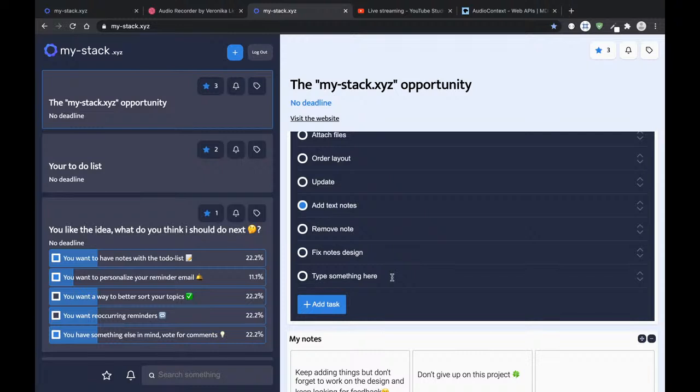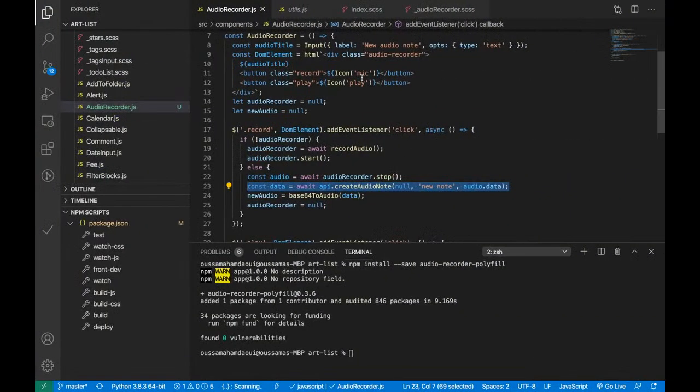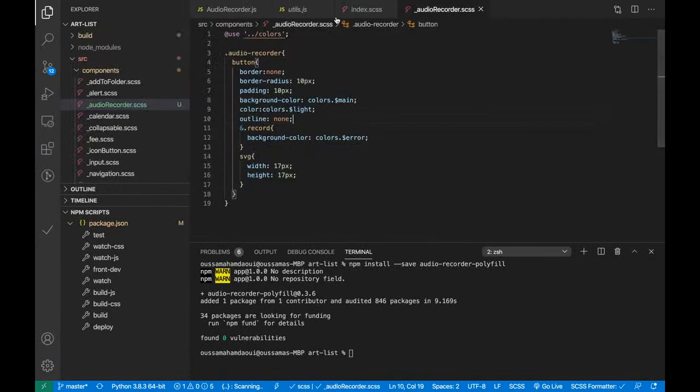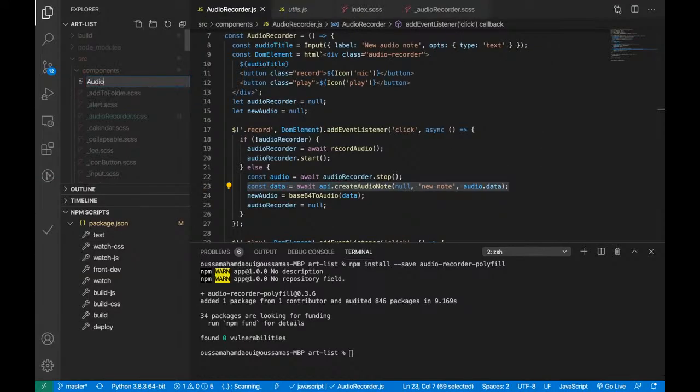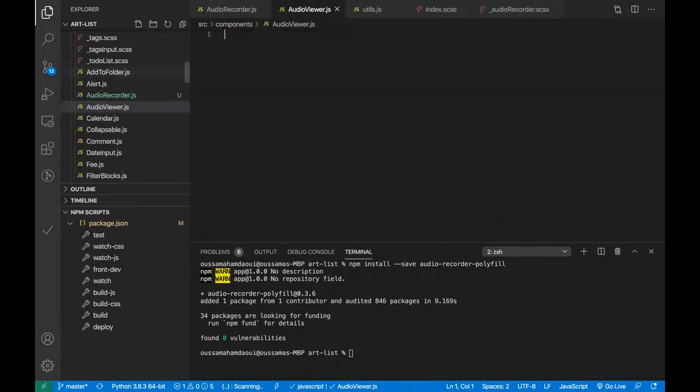Anyway, I'm just gonna add. Okay. Let's go. I don't need this. I need this and audio viewer. I'm not inspired that much. .js and